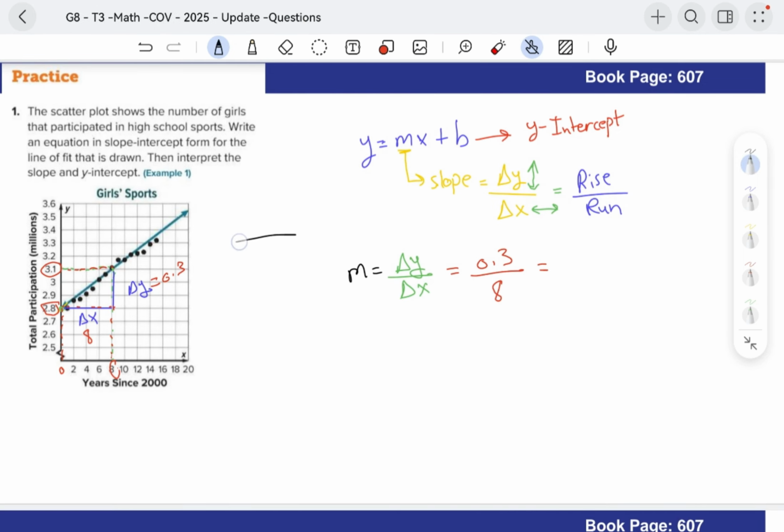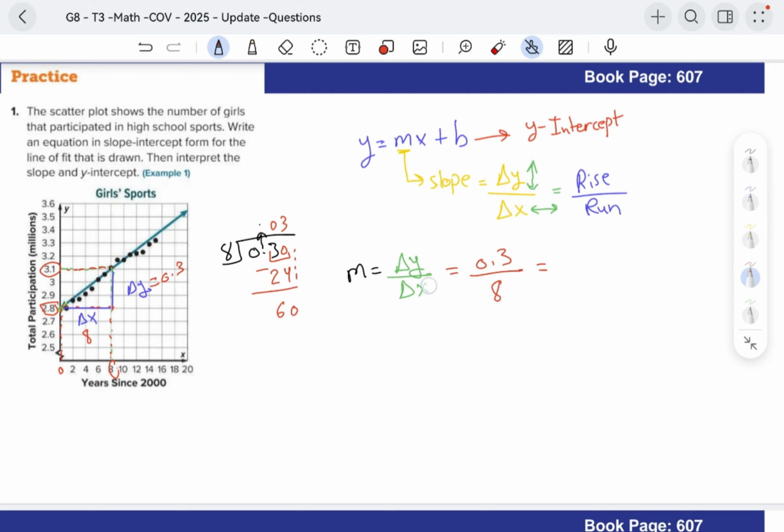I will do a long division. 0.3 divided by 8. First we're going to raise the decimal point up. Now 3 divided by 8 is 0. We're going to add a 0. 30 divided by 8 is 3. 3 times 8 is 24. So the difference is 6. Bring down another 0. Now 60. 60 divided by 8 is 7. 7 times 8 is 56. So the difference is 4. Bring down another 0. Now we have 40. 40 divided by 8 is 5. So the answer is